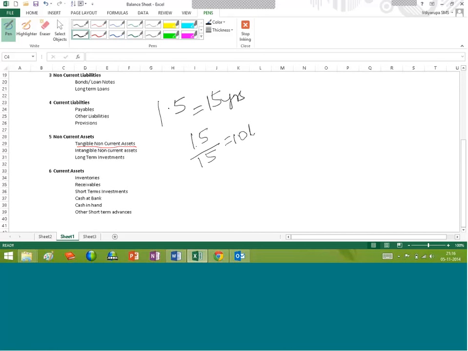Now, when we talk about the principle of matching, we all know pretty well that every expenditure shall be matched against the revenue generated for the corresponding year. Here, out of this 1.5 crores, we understand that this is going to help us in generating revenue for 15 years. So 10 lakh rupees every year must be matched against the revenue generated for that specific year. So this 10 lakhs out of this 1.5 crores of rupees must be brought to the statement of profit or loss every year as an expense.